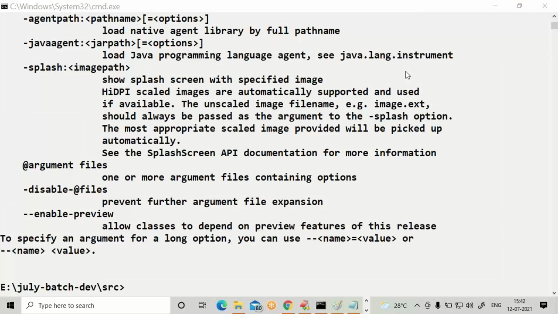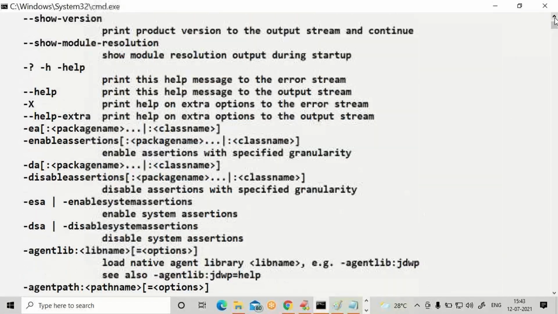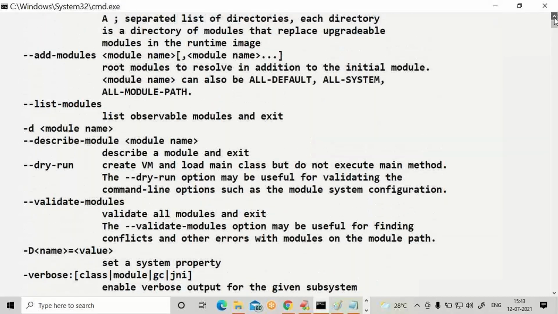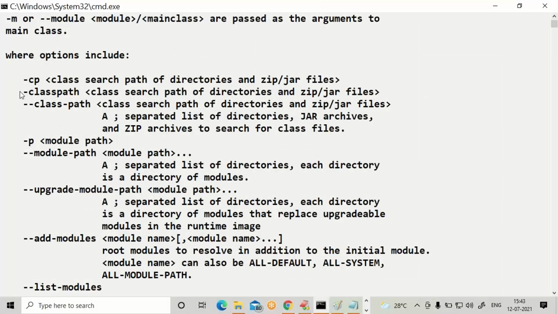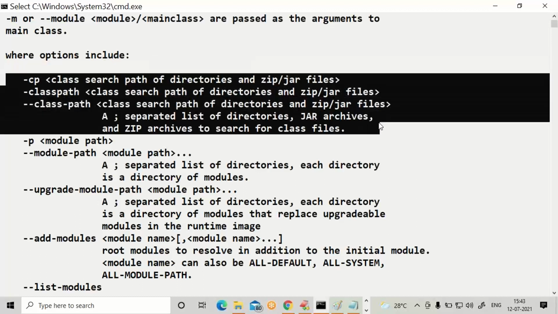You will get the -cp option content. Check it out, guys. -cp. Please note down all these selected lines, everybody. This much content you can note down clearly.